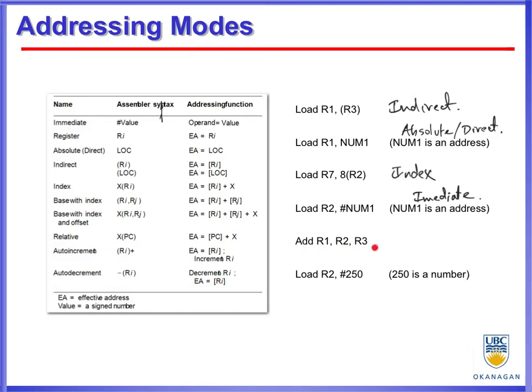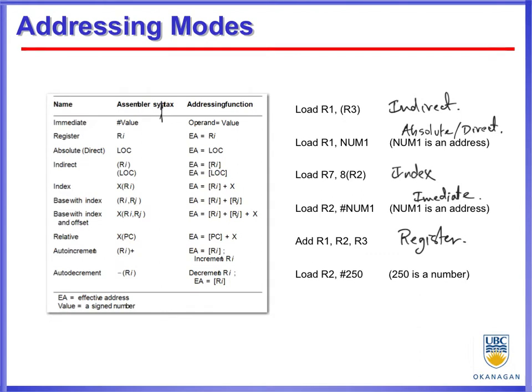Okay, what about the next one? That's easy, right? Just a bunch of registers. The effective address of one operand is register R2. The effective address of the other operand is R3, so that's the register addressing mode. The numbers are already stored in registers and being added together. Okay, and the last one,